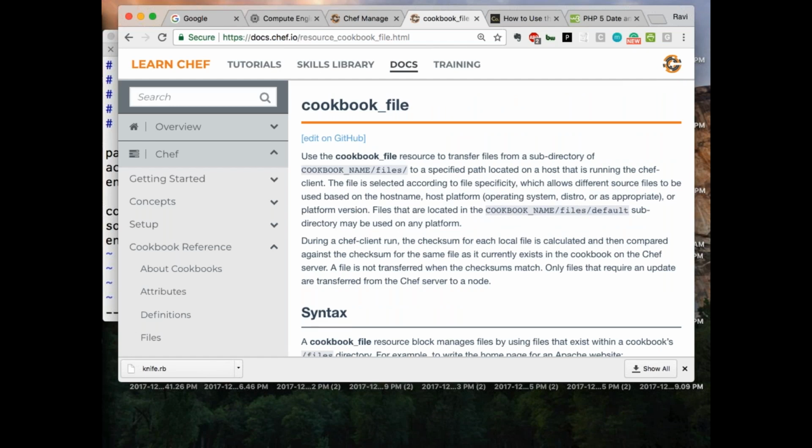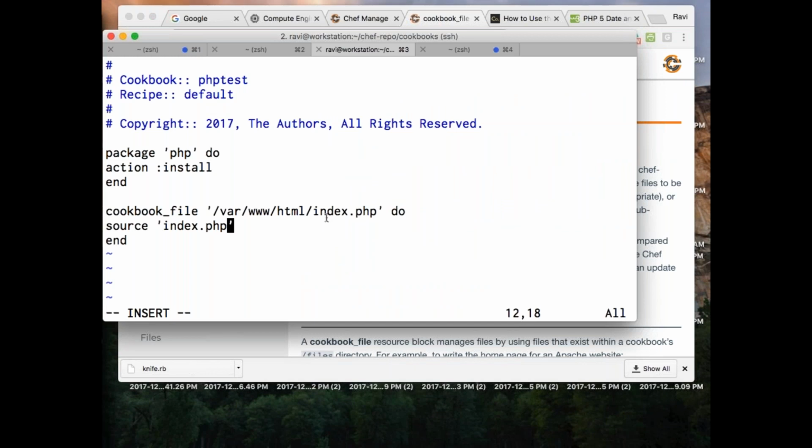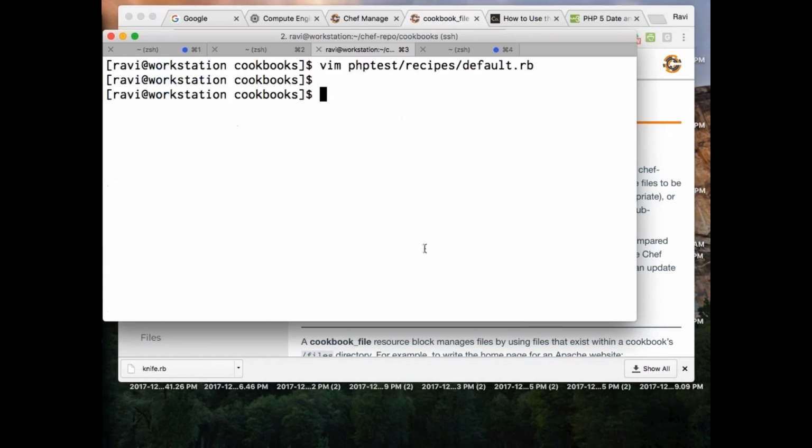Right? That is important. So you need to make sure that we go with this particular specification. Fine, I'll create something like that. Okay, I'll save it. And let's make a directory: PHP test, followed by files.